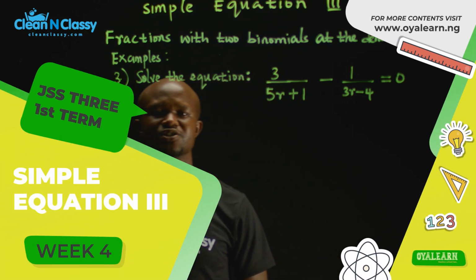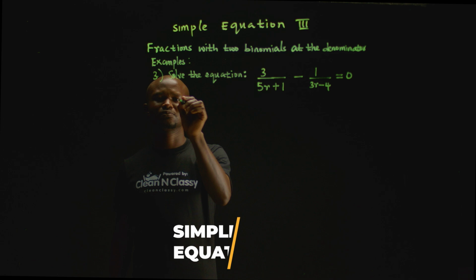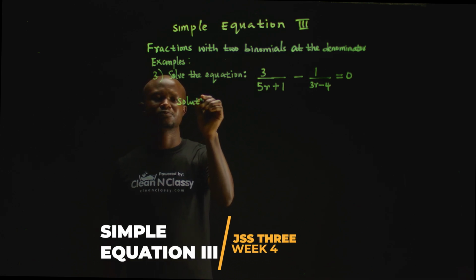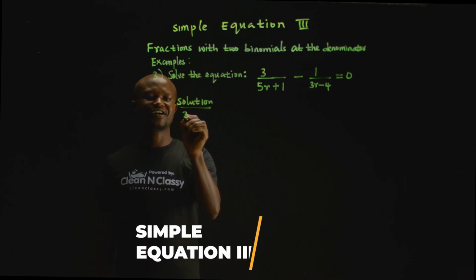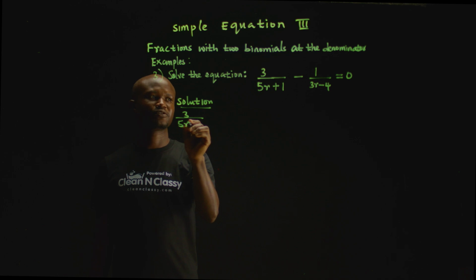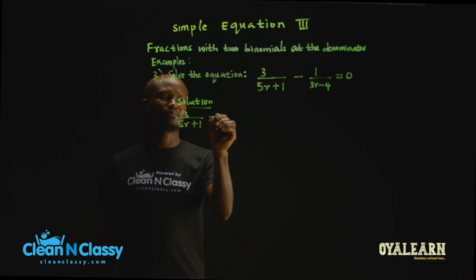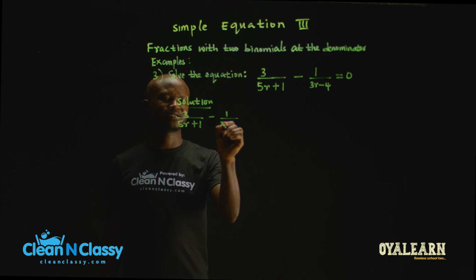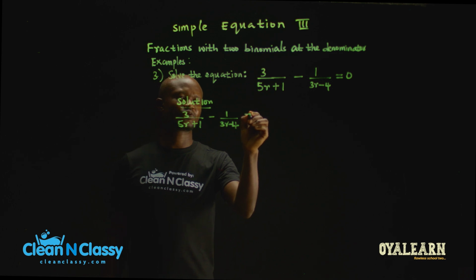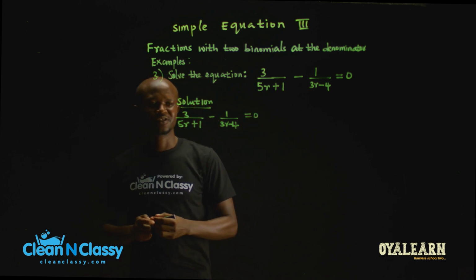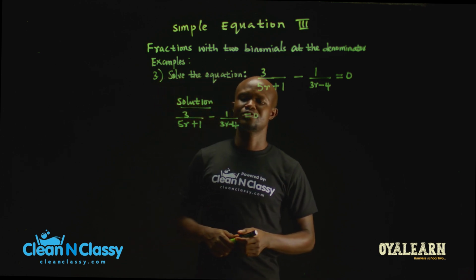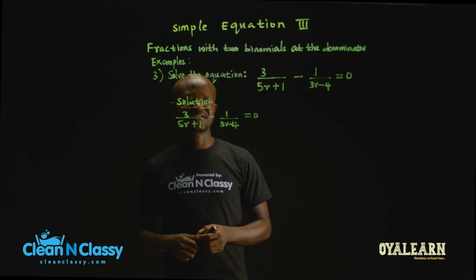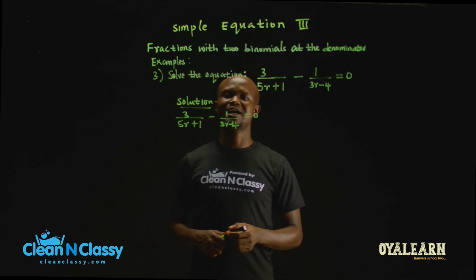Solve the equation. Solution. 3 divided by 5r plus 1 minus 1 divided by 3r minus 4 is equal to 0. The first thing for us to do here is to move minus 1 divided by 3r minus 4 to the